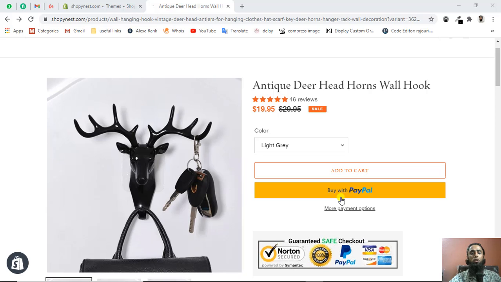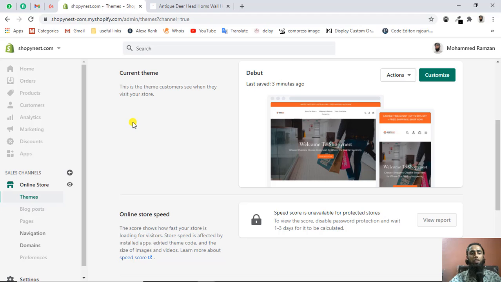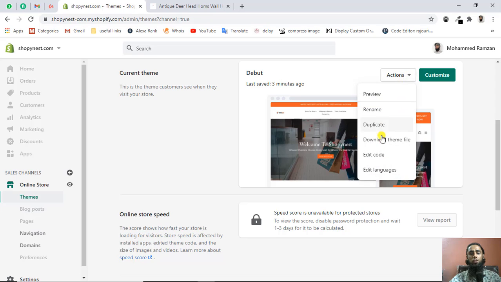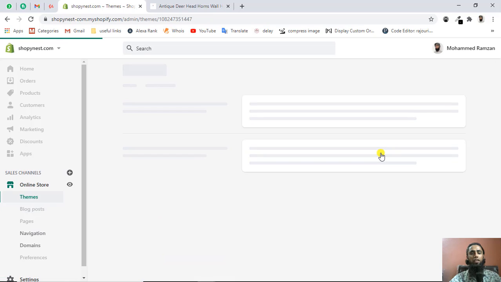All right, so first of all, you have to go to the dashboard of your Shopify store. You can see that I have clicked on online store, and then you will be redirected to the themes. You have multiple themes over here, but the one that you have installed will be shown over here. So first of all, you need to click on the actions drop down. Once you click on that, you have the option of edit code. So you have to click on the edit code link.